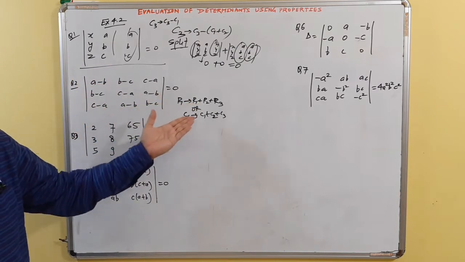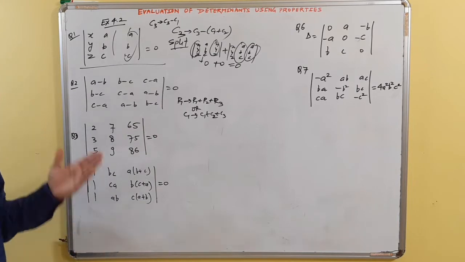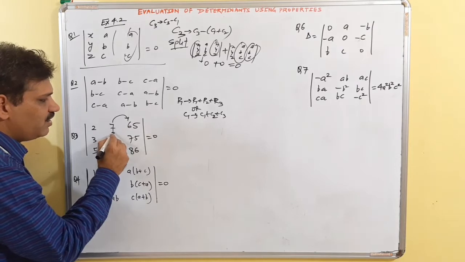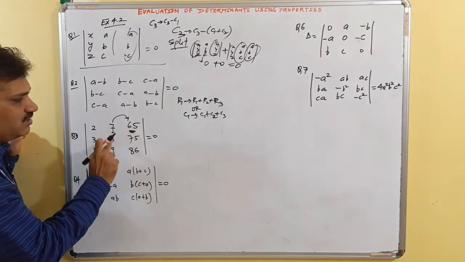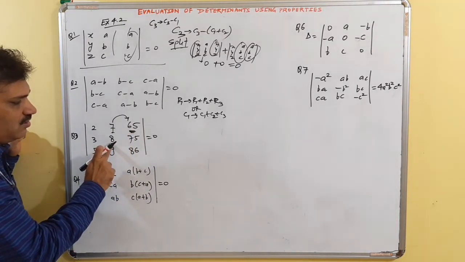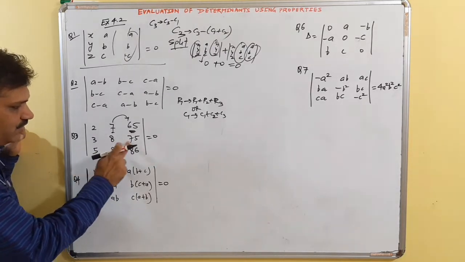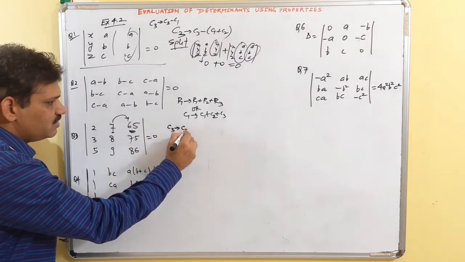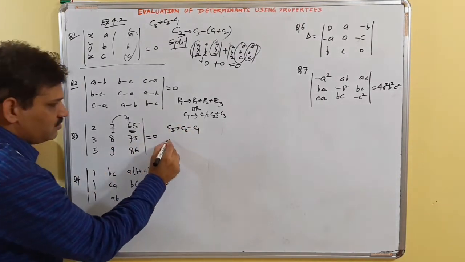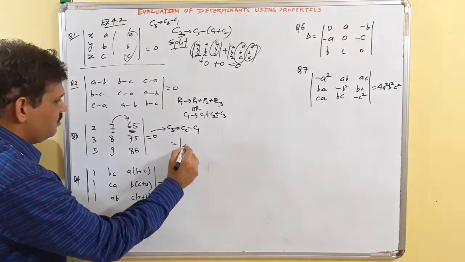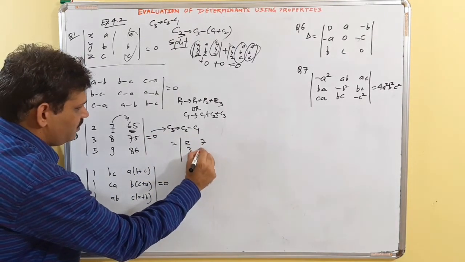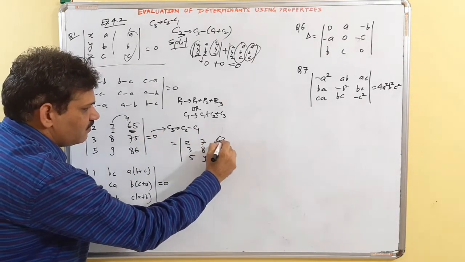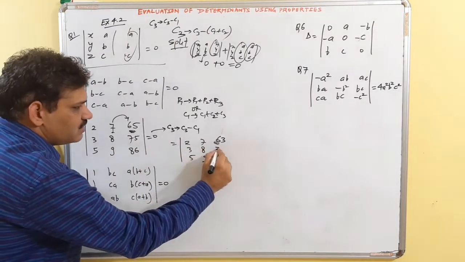This kind of operation we have used so many times. Here this is a numerical question. 7 9s are 63, 8 9s are 72, 72 plus 3. So what you do is simply first C3 becomes C3 minus C1. If you apply this, what do you get? 2, 3, 5, 7, 8, 9, and this minus 65 gives 63, 75 minus 3 is 72,